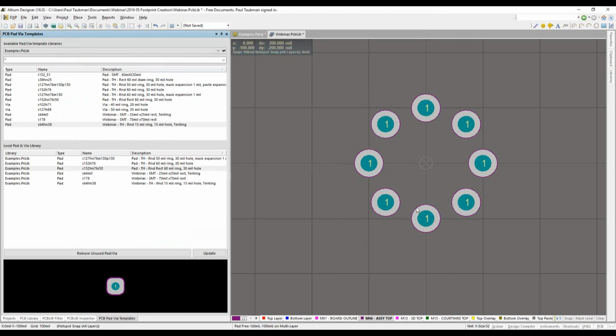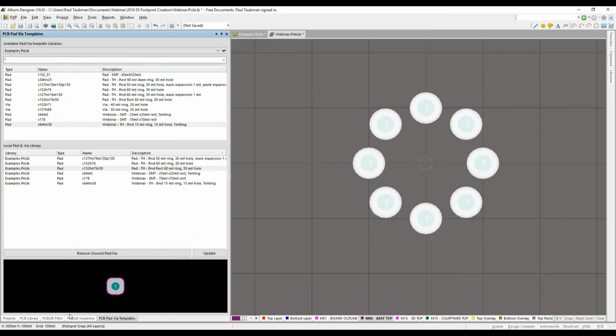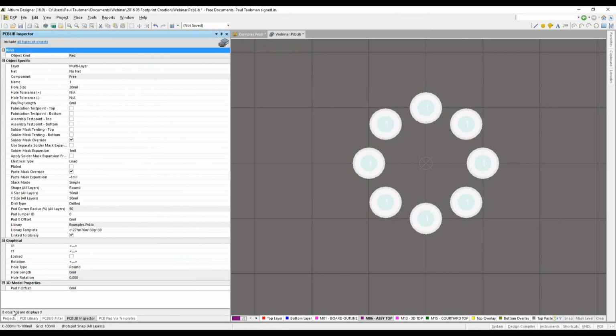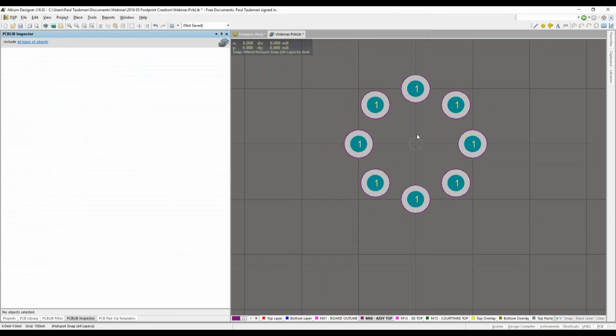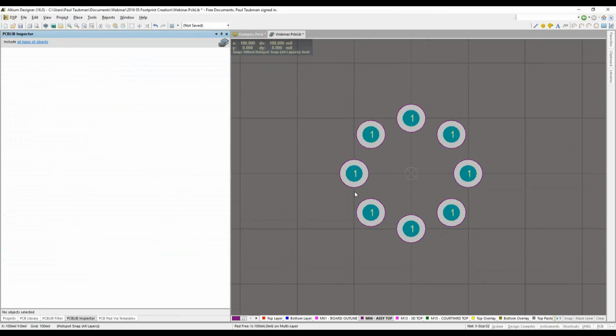There it is. Now, if I accidentally placed one underneath here, I can quickly check. I can sweep over this, go into my PCB inspector panel, and I just make sure I actually have 8 objects. If I see 9, then I know that maybe I accidentally put a through hole on top of a through hole. So for many people, they'd be very happy with this, just that we have to change out the